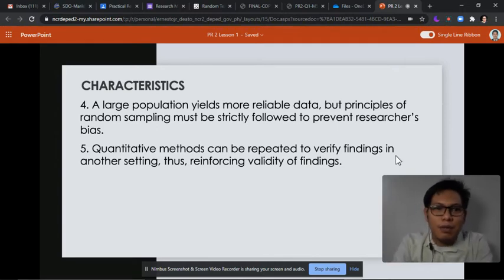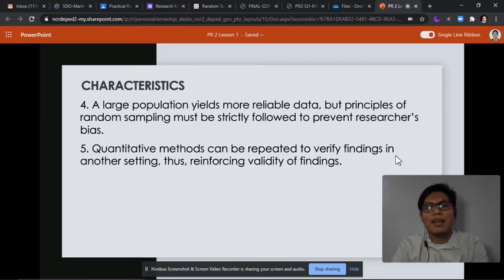So, if you remember in our research last semester, I told you that in qualitative research, you cannot include a huge number of population or sample respondents kasi mahirap siya gawin dahil the main data collection procedure will be interview pagdating sa qualitative and participant observation. Pero pagdating dito sa quantitative, hindi puwedeng konti, kailangan madami.